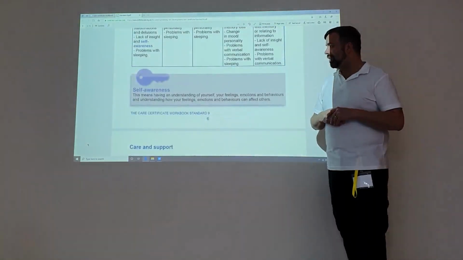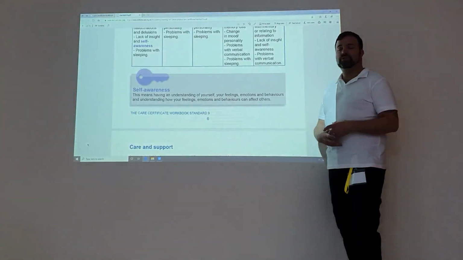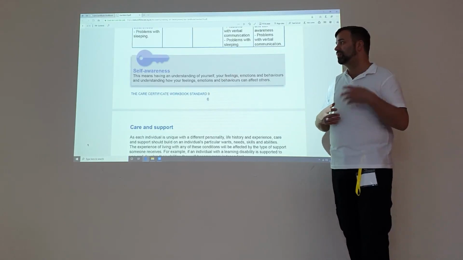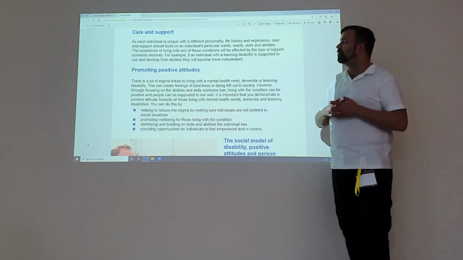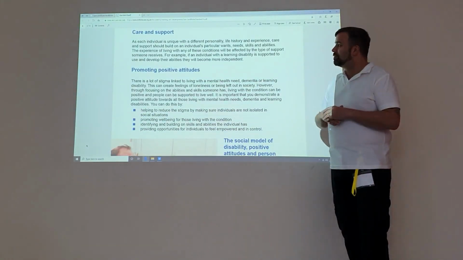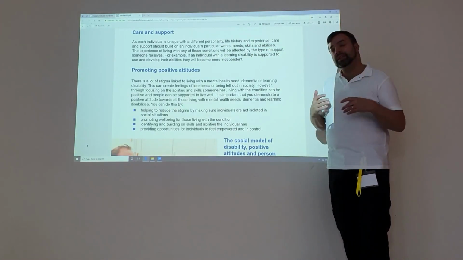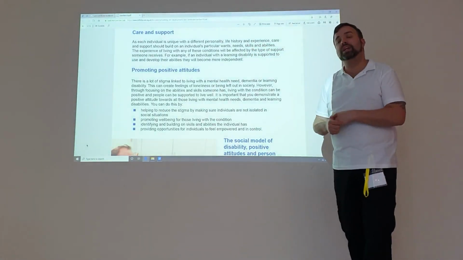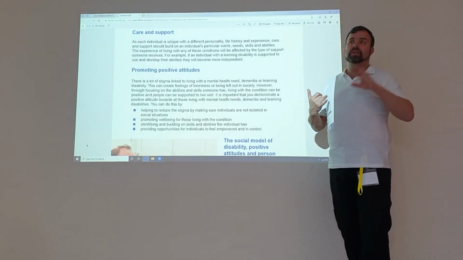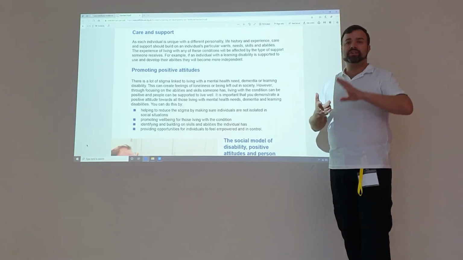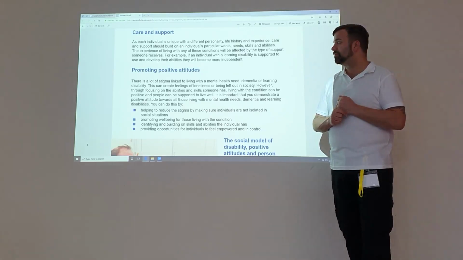It's important that we have self-awareness and we're able to look at our own feelings and thoughts and emotions around these subjects, so around mental health and learning disabilities and dementia. Care and support needs to be given. We need to understand people's life histories. We need to understand their needs, wishes and wants, and to accept that they're going to have the same needs as we do. So when we think about that, that's going to be needs around food, warmth, affection, socialisation, and maintaining or forming new relationships.